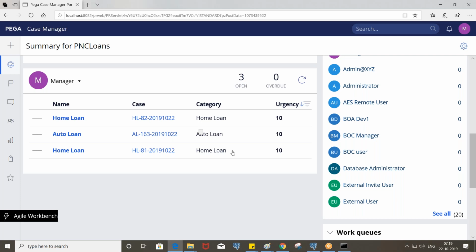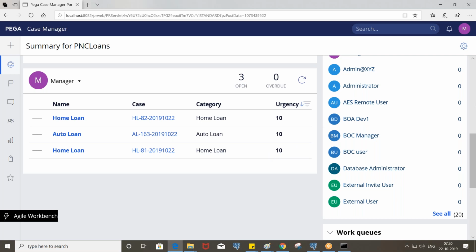So the requirement now is that auto loan assignments have more priority than home loan assignments. In that case, we need to increase the urgency.